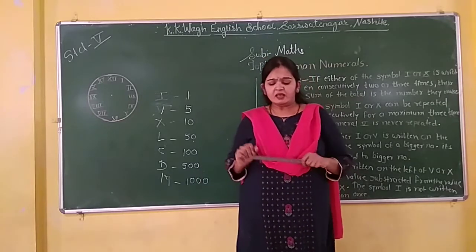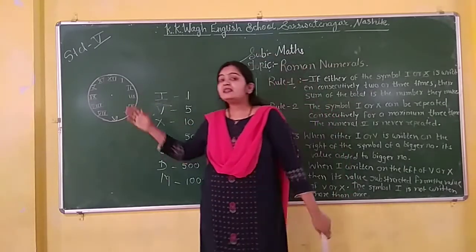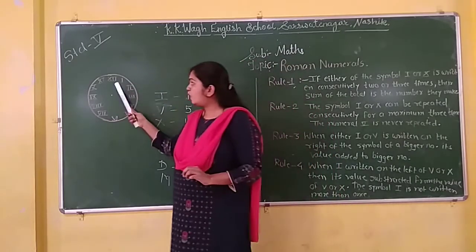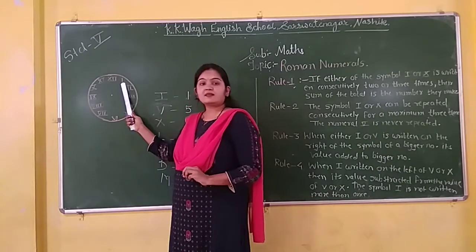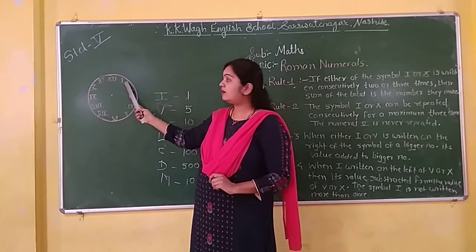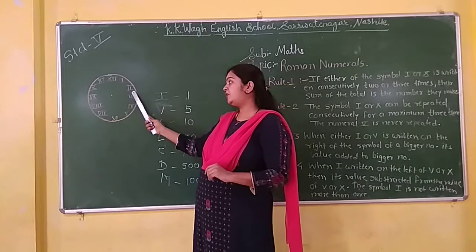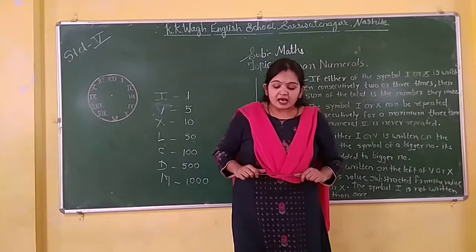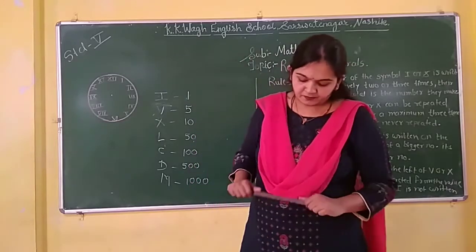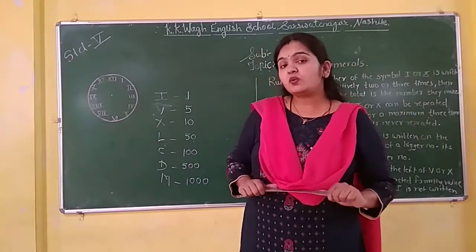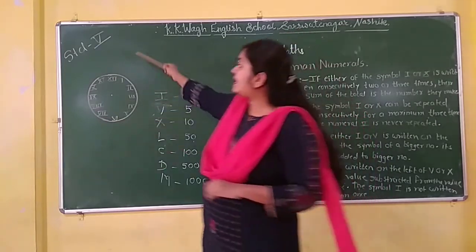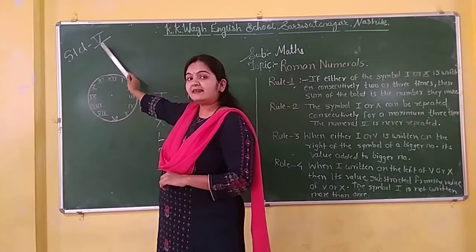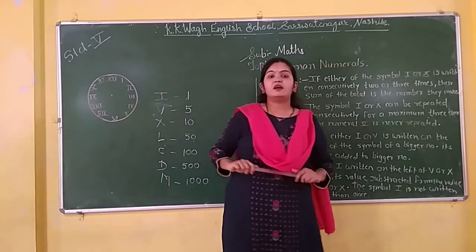Understand? You can see a clock here. In this clock also Roman numerals are written. This is the symbol I, it denotes the number 1. After that 1, 2, 3, so till 12 it goes on. In our school also we use the symbol V for standard 5. This denotes standard 5, so you are familiar with the Roman numerals.